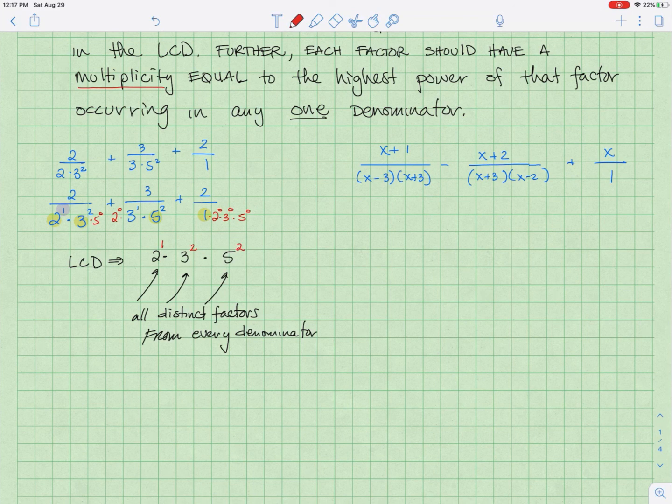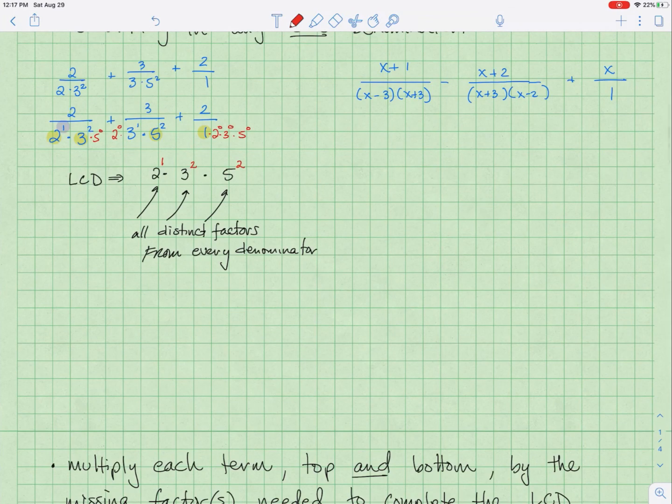And so my LCD in this case turns out to be 2 times 9 times 25, which is 450. So that is the least common denominator here. But typically, we work with this form. It's probably not best that you multiply that out, although it's nice to know that it's 450. Technically, we're not going to be multiplying them out for our next step. Similarly, over here, if I just put powers on each one of these,